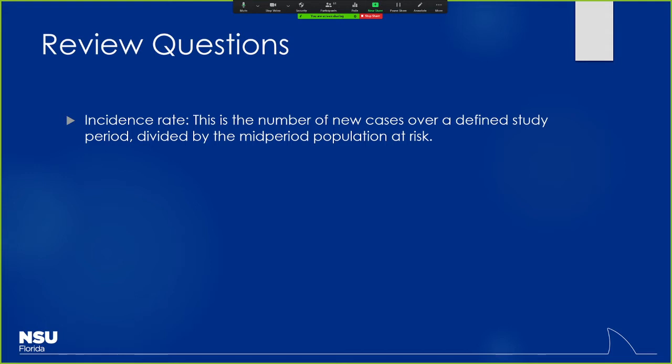But again, remember the benefit of using a rate versus just a pure risk. It helps you with what we call the force of mortality, because it tells us whether a lot of the incident cases are happening at the beginning, towards the end, or steadily throughout. And remember how that changed the mid-period population and how that affected the rate, because your denominator is changing. So if my denominator is very small because most of my people ended up being counted as incident cases right at the beginning, then that's going to cause that rate to be much higher than it would be if everything happened at the end. That's one of those things you'll see when discussing rates and how they may sometimes be more useful than risk, depending on the situation.